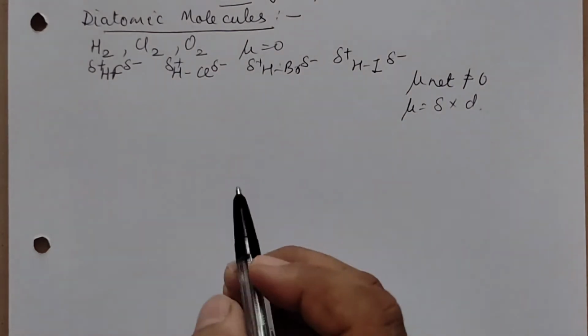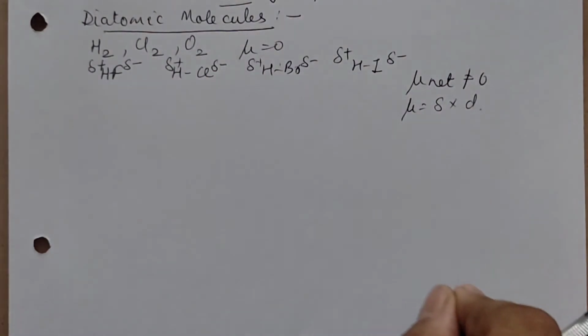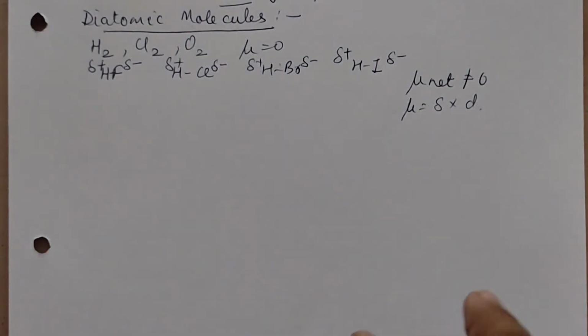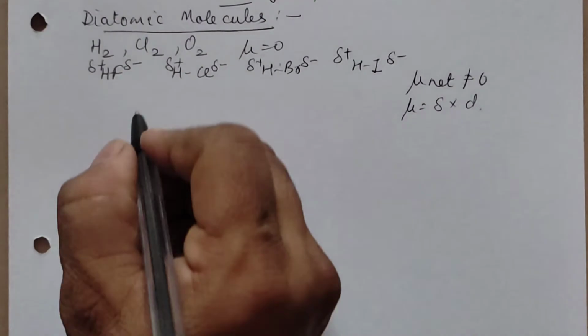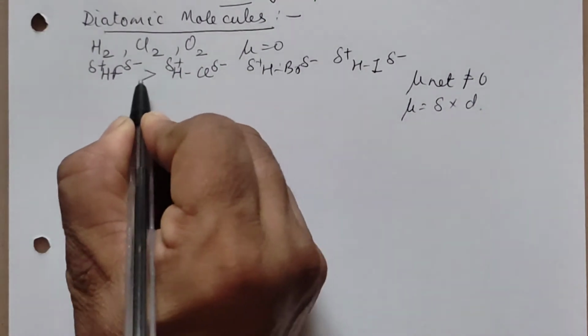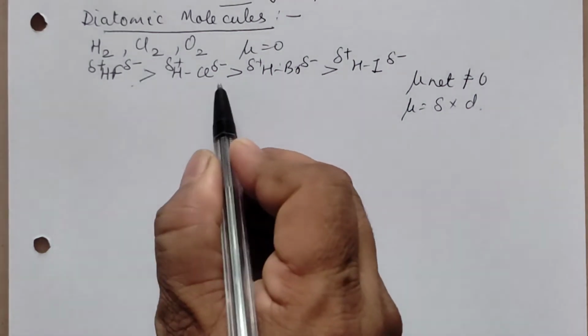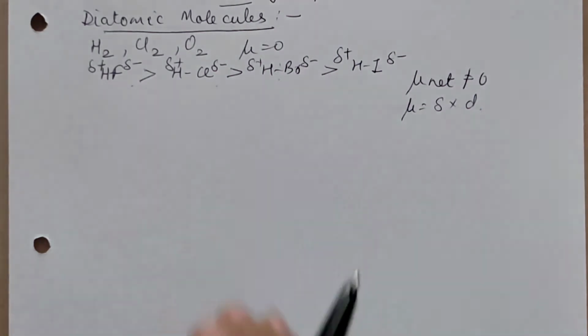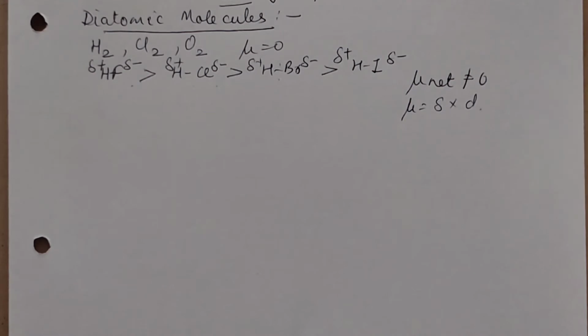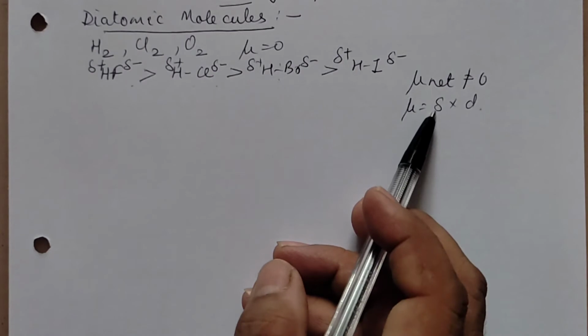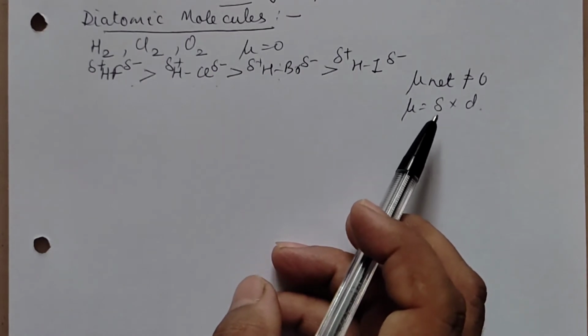So we have to see the overall product, which will have more. As of now, you can mention that the more the electronegativity difference, the more influence it has, so the more will be the dipole moment, though there are certain exceptional cases which we will be discussing in haloalkanes. Here we can mention the dipole moment follows this order: HF will have the maximum dipole moment, HCl is next, then HBr and then HI, because the charge contribution is more. When both are increasing, which contribution is more is to be considered.